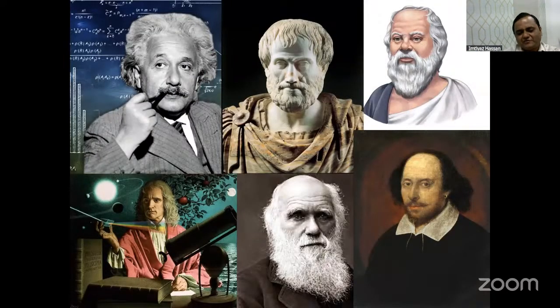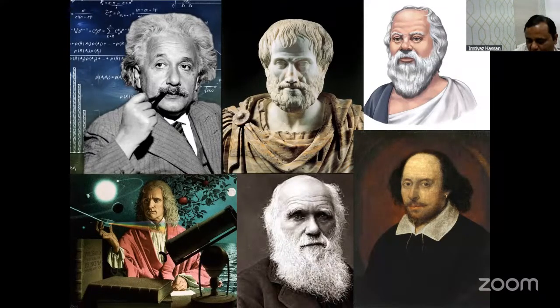I'm beginning from history. If you see the history and recognize these great people, what's the common thing among all of them? You find their thinking was interdisciplinary. They are not one-subject specialists. If you talk about Einstein, someone says he is a physicist. He was a physicist, but he was a mathematician also. He was a chemist also. If he thought only from the level of physics, he wouldn't have been able to solve the issue. Like Newton, any great personality, if you see, they have developed interdisciplinary thinking. And that's why they are great.